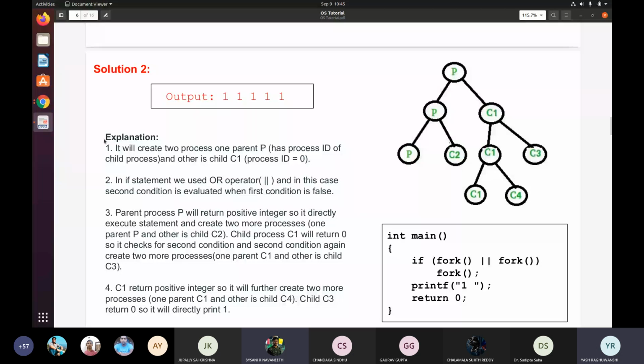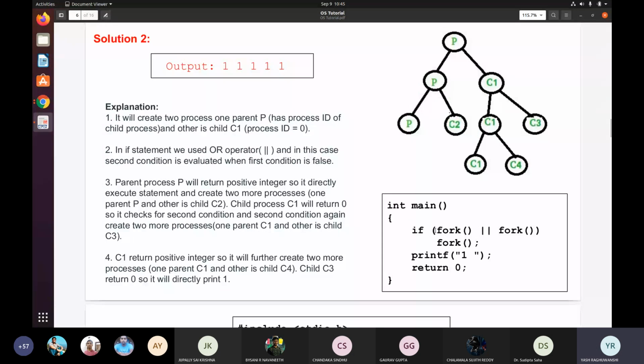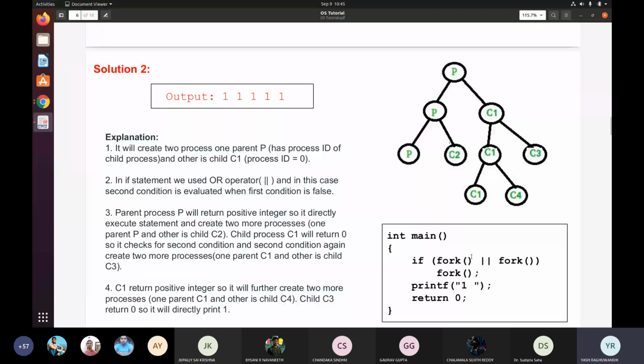Yeah. Initially, from int main, it will directly come here. The first statement it will see is this fork. What this fork will do is create a child process and a parent process. For the child process, as you have studied earlier, the PID will be 0. So this child process will be generated, and PID will be 0. And as I said earlier, if it is an OR operator and you get the first statement as false, it has to go and check the other statement whether it is false or true.